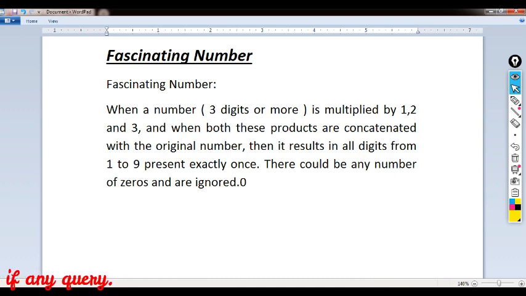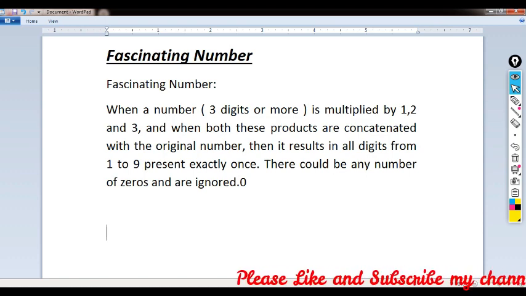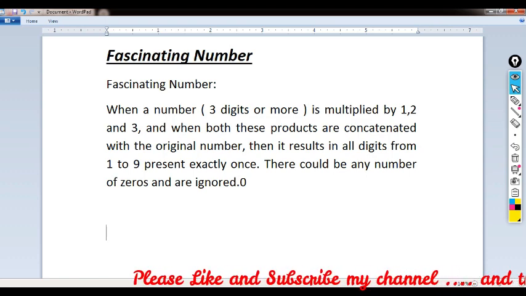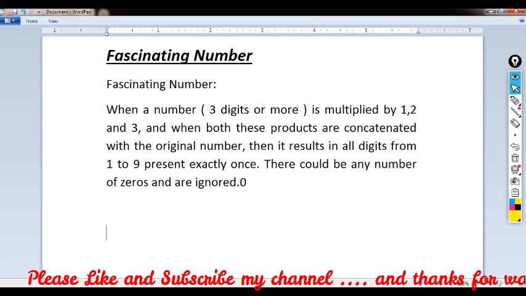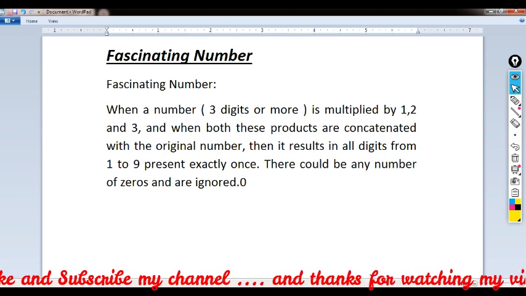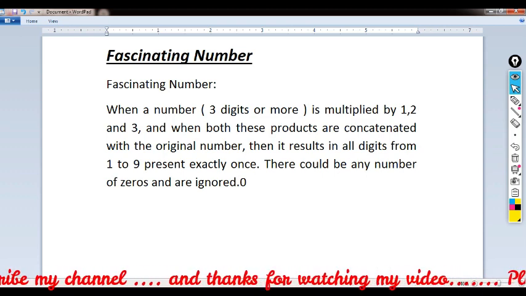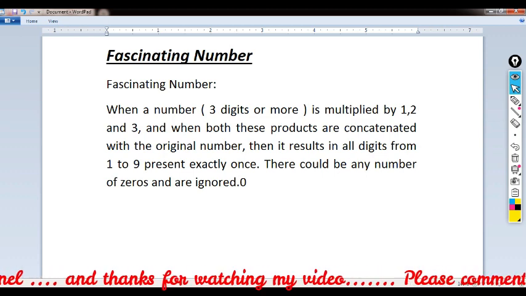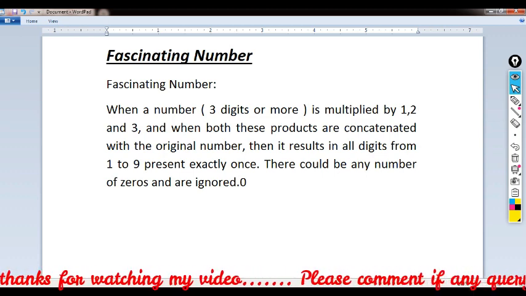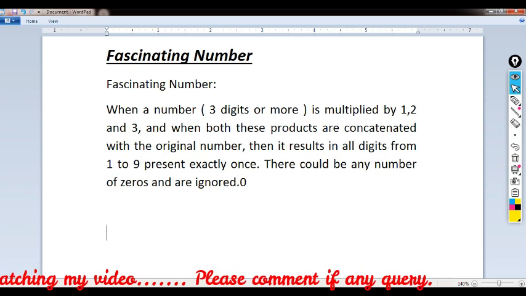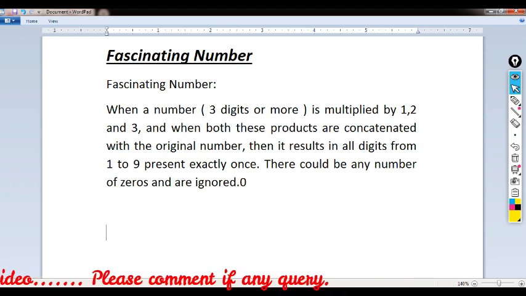we can take it step by step. Firstly, we can understand what a fascinating number is. Fascinating numbers are numbers which are multiplied by 2 and 3, and then we concatenate the results with the original number.